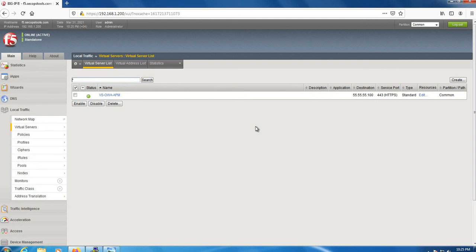Now let's do testing. It is better that you always do testing whenever you make any configuration change, so it is easy to troubleshoot later on. So we'll test this now through